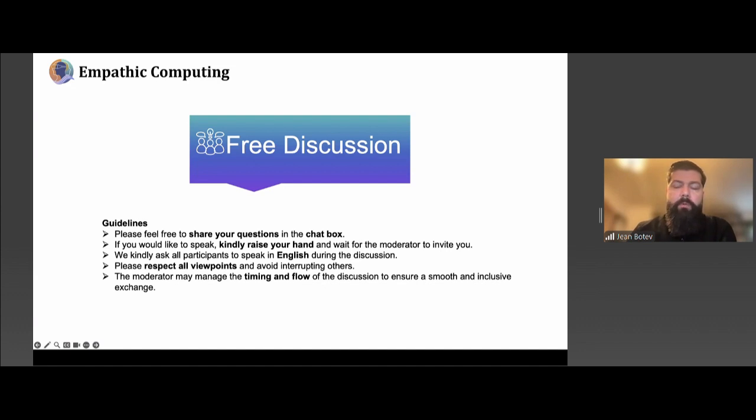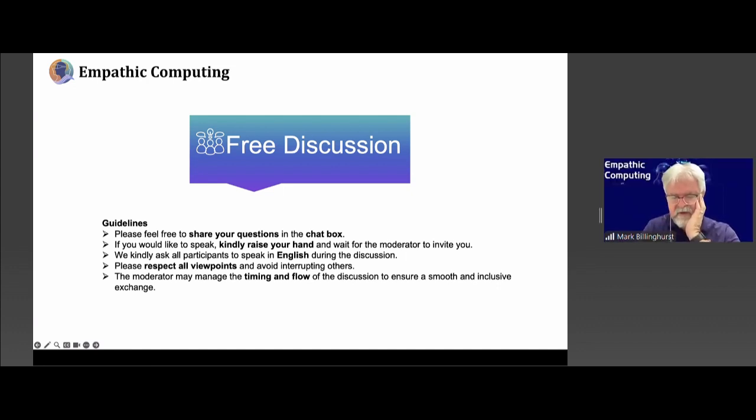The other thing I should also mention with the journal is that we're still looking for special topics. So you may have a topic which is adjacent to empathic computing, and if you think you can get some other people to submit papers on that topic, then by all means propose that. For example, you might want to propose a topic around human-robot collaboration, and if you include some aspect of emotion recognition when interacting with robots, then we could have a whole special issue on human-robot collaboration, which is a little bit outside the main focus of empathic computing, but we would certainly be happy to host special topics or special issues.